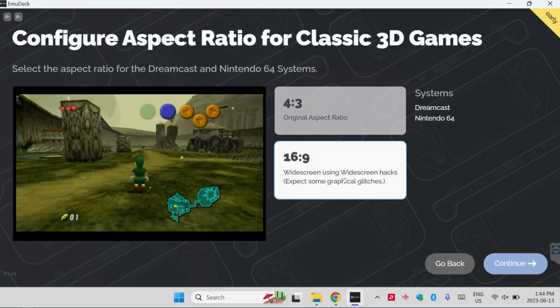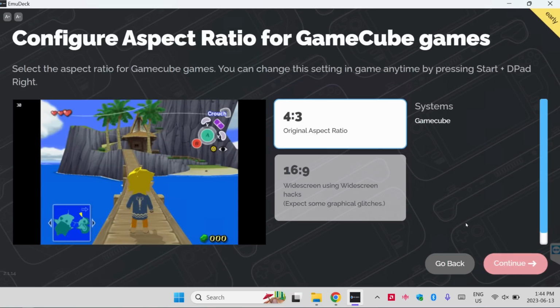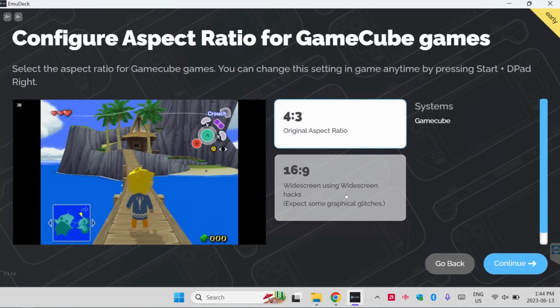Dreamcast and Nintendo 64 are weird ones, as there's actually widescreen hacks out there for some games, and they let you use more of the screen. Again, for me, I want the original, but this would be one I'd be swayed to say yes to the 16:9 option. Click continue. Same thing as the Nintendo 64 here, GameCube has widescreen hacks available, and so make your